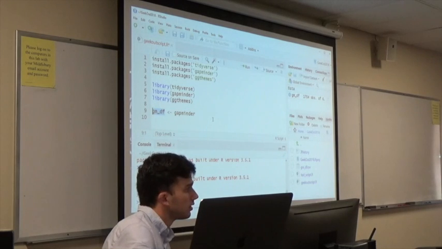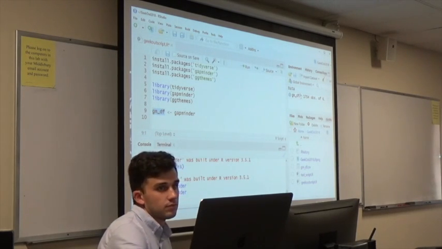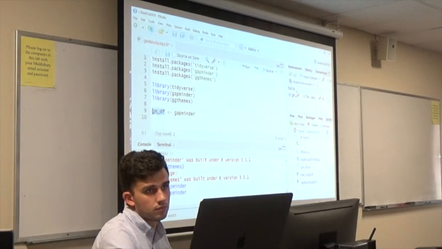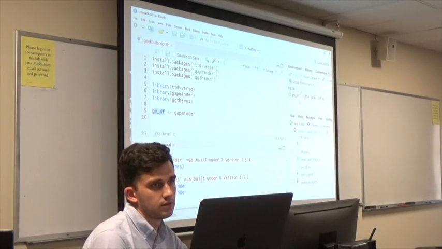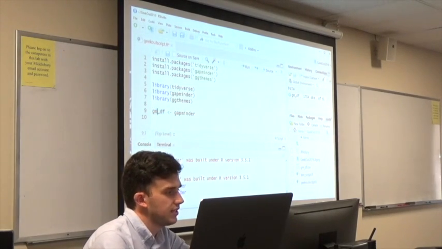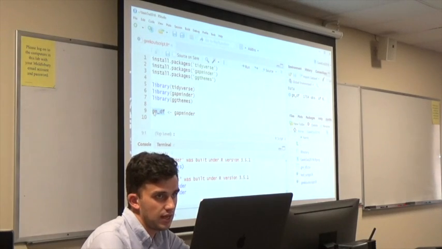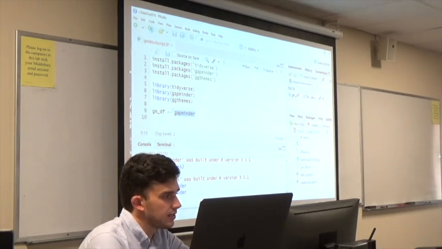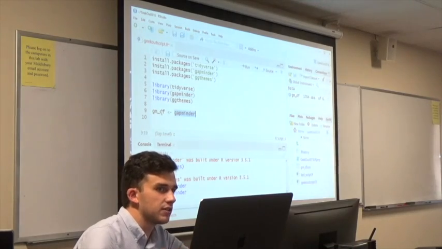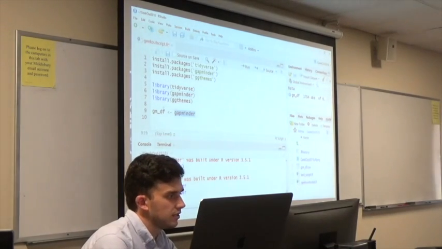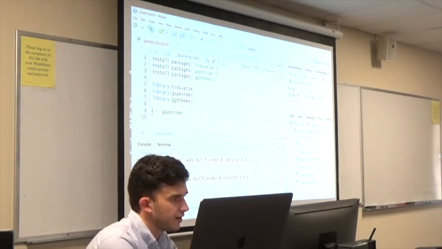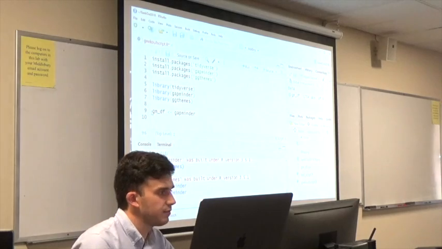This is a variable. And it's a variable representing what? I just came up with this name. It's just a name for a variable. When you run this line, everything that's in the Gapminder dataset is assigned to the variable that I named, gm_df. I could just as easily do like geek out var. It's the same thing. It's just a variable. But we'll do gm_df because it's Gapminder data